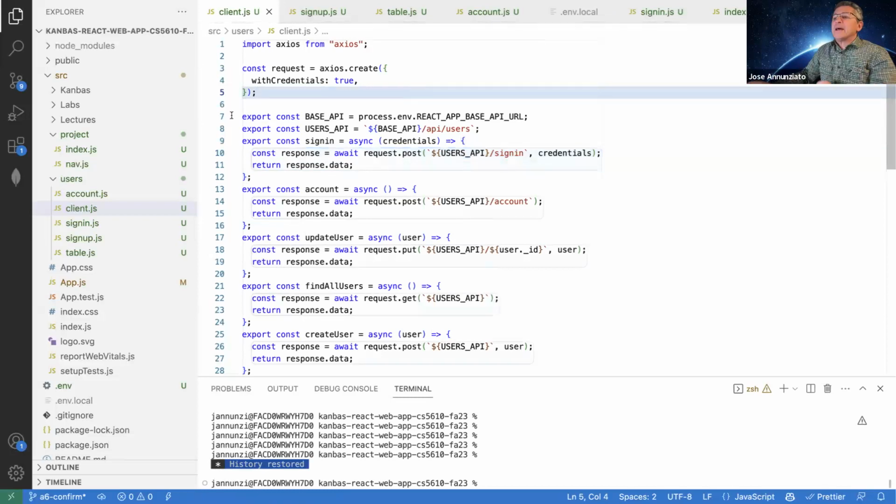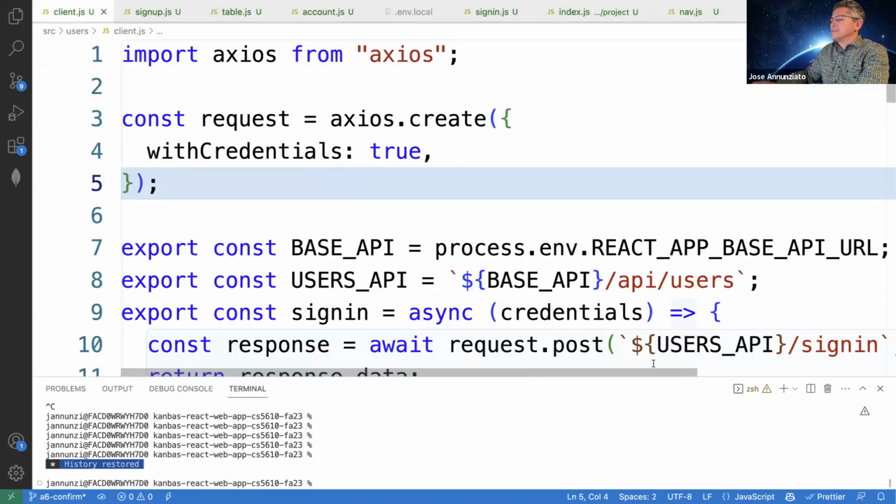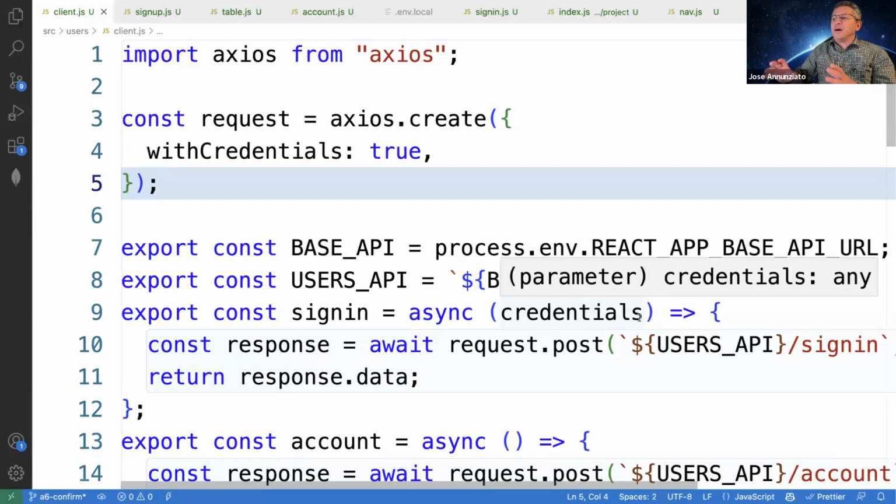So in our client code, right, we are using Axios as the library to talk to the server, right? And by default,